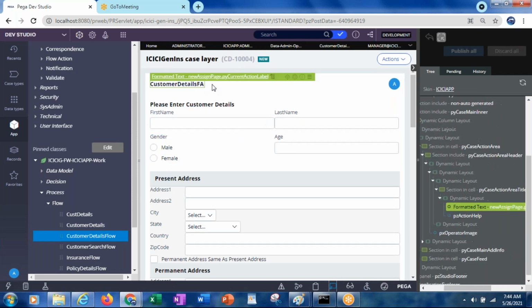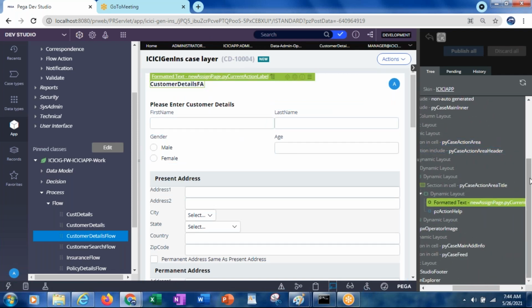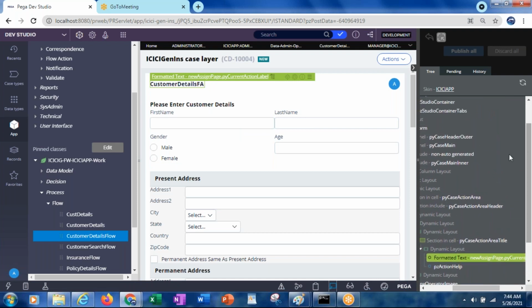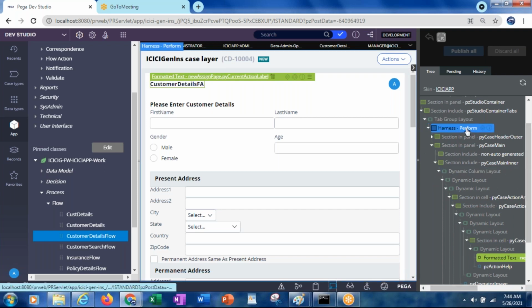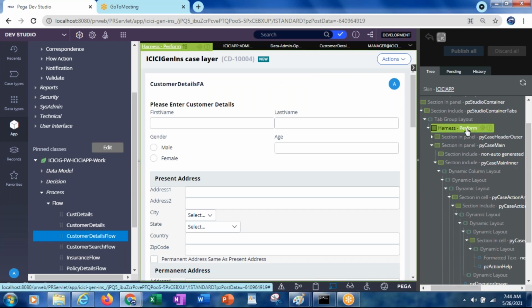and see what is the harness it is referring to, that top level. It is perform harness. Okay, now it is referring to the perform harness. So you can perform something when you are using perform harness. That means you can enter the data, you can delete the data, you can modify the data. But if it is confirm harness, it is just like a confirmation. Whatever you have done, it is just giving the message to the user. So this is what it has been done. Okay, so that is the main difference.